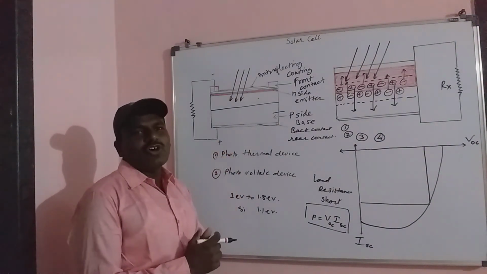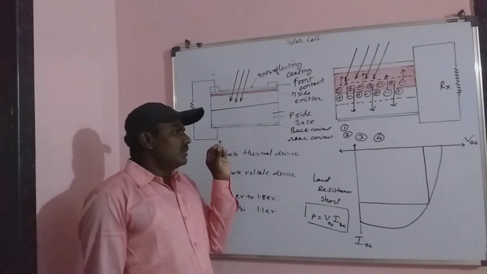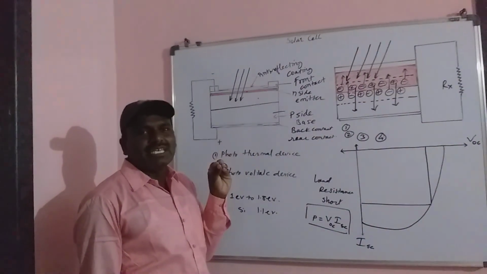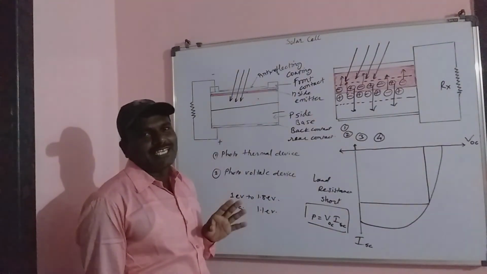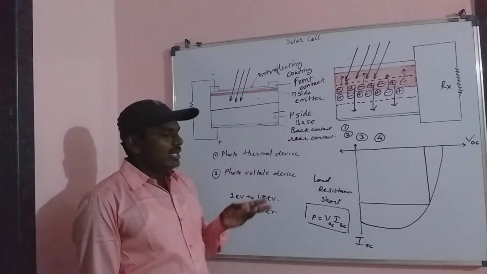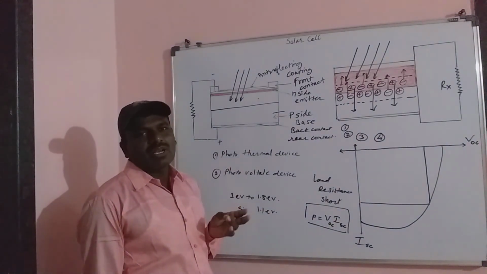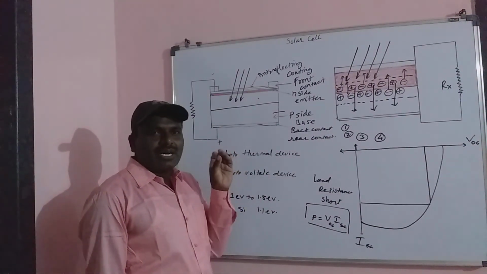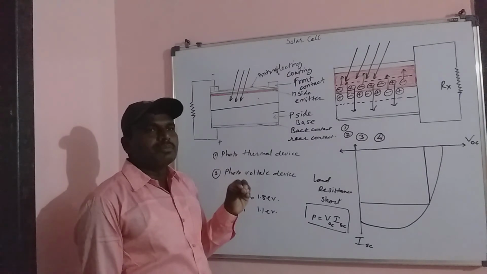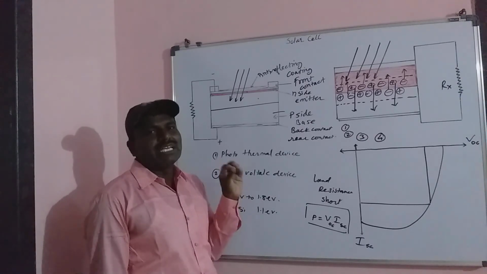Now we can see the uses of the solar cell. The solar cell produces power and charges the batteries in the day, and that power is used at night. Also, this solar cell is used in traffic control signals, remote control at a place on the earth or in space or in a satellite. It is also used in communications. This solar cell is mostly used in a lux meter, which measures the intensity of light.